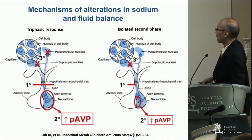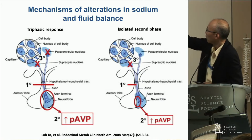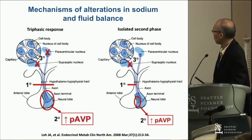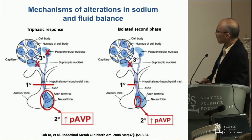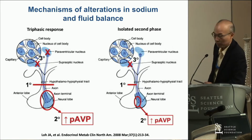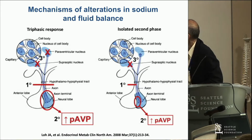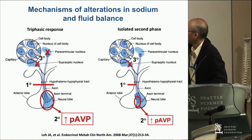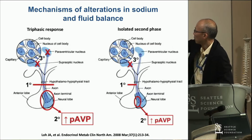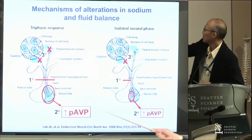So just a slide to show you why some patients develop sodium and fluid imbalance. Typically we have what we call a triphasic response and an isolated second phase response. A triphasic response occurs when there's a complete transection of the infundibulum. And as you can see, the AVP neuronal bodies are located up here in the periventricular nucleus and the supraoptic nucleus, which transcend downwards in the posterior pituitary to the axonal terminal and release AVP. So when you transect that part over there,